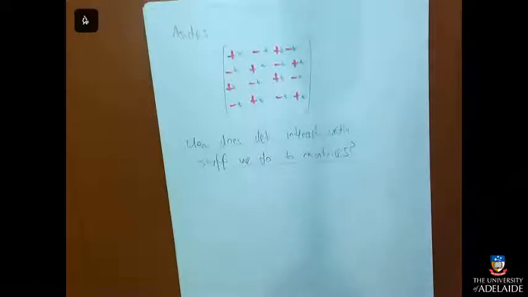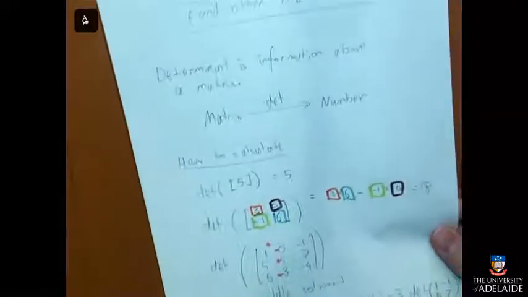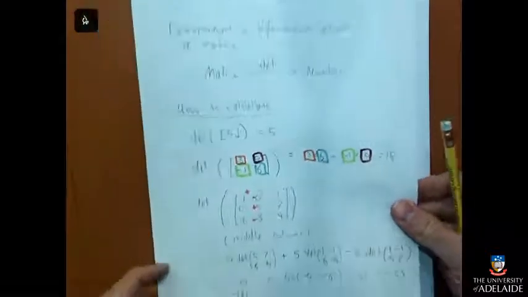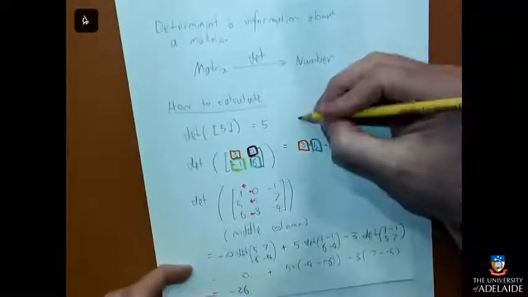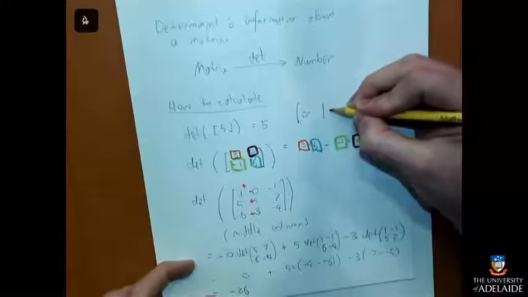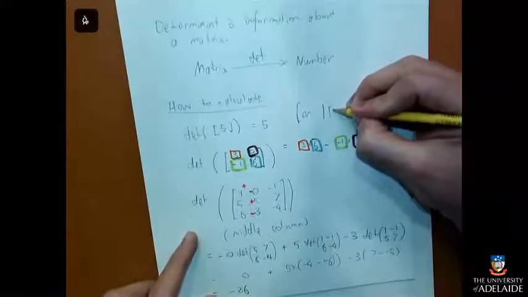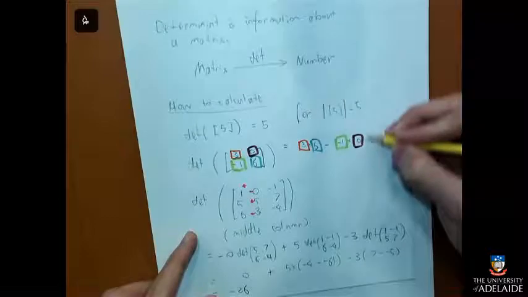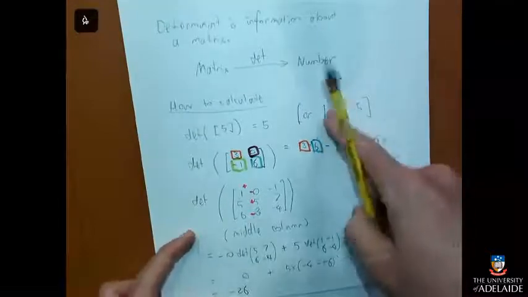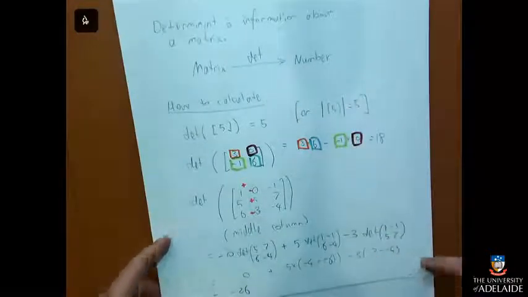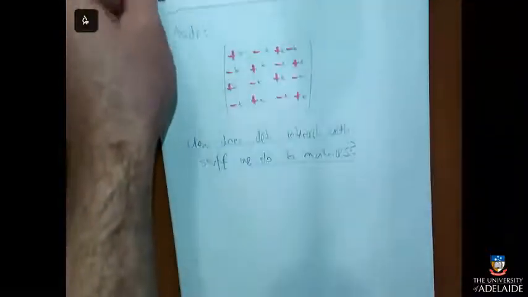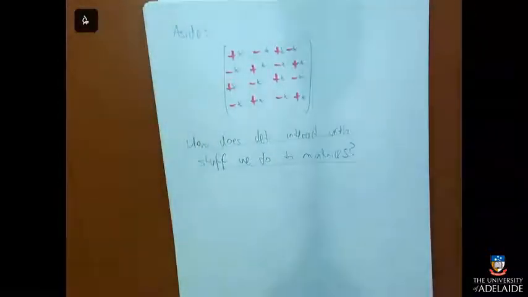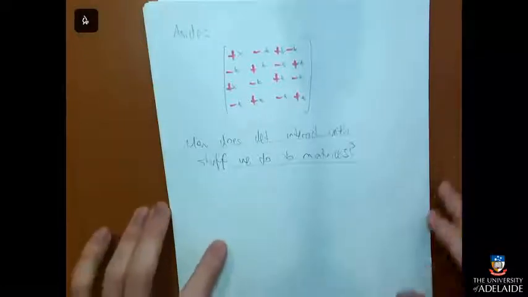I should go back here. I'm using det because that's just what I felt like today, but a lot of people use just those vertical bars, the determinant of the matrix. They use vertical bars like the modulus sign to do the determinant, which is confusing because when we do the absolute value of whole numbers, or for complex numbers, you always get a positive answer. But with matrices, you don't always get a positive answer. So that's a bit confusing.